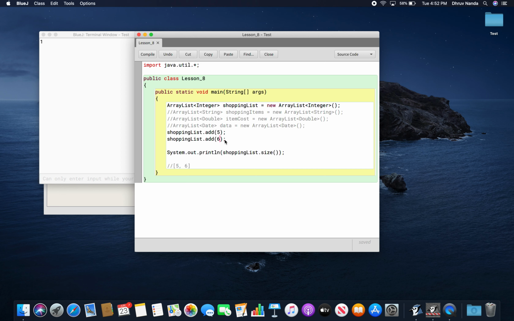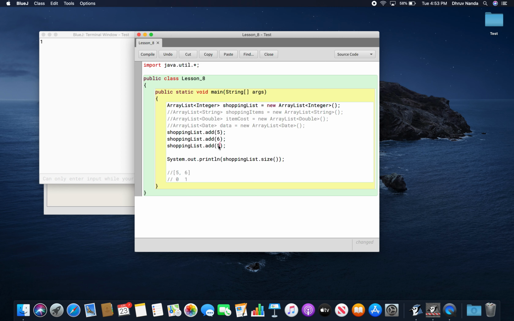Now, what about the two parameter add method? Well, remember how we had talked about that everything has indexes? Well, an ArrayList also has indexes. So this is right now at index 0. This is at index 1. Say we try to add in another one, and we'll just add in 9 or something, right? Then we're going to have to add a 9, and that'll be at index 2, right? It just keeps getting added to the next index. But if we say